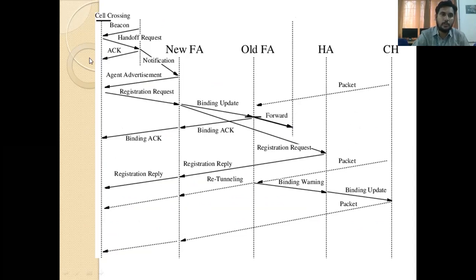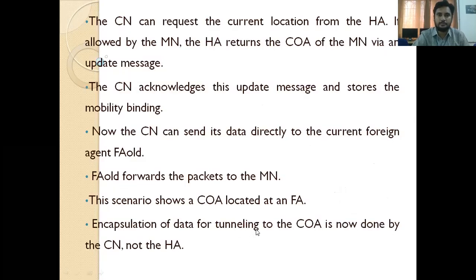The correspondent node wants to communicate with the mobile node. This line is the mobile node. That means it has to transmit a packet to the mobile node. So what happened here is, first it has to identify the new care of address of the mobile node. Then only it transmits the data packet. That work is done by the HA. So registration request, reply, and if it identifies the address, then only it transmits the data packet.